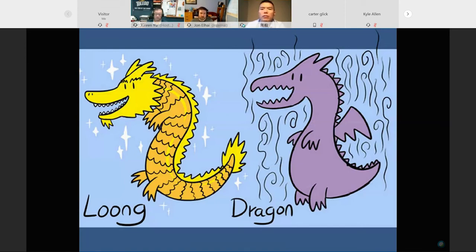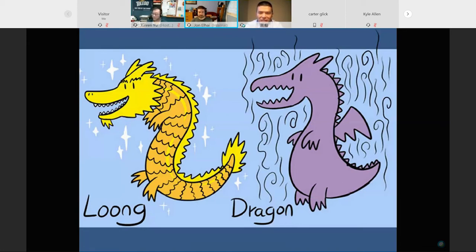Ron? Are you asking me? I'm John. Yeah, John, sorry, John. From this picture, or from what you have seen. I wasn't really familiar with the differences in the past. But the teeth seem more detailed in the one on the left, and it has scales, I suppose, on the body. The tail is a little bit more detailed on the left.